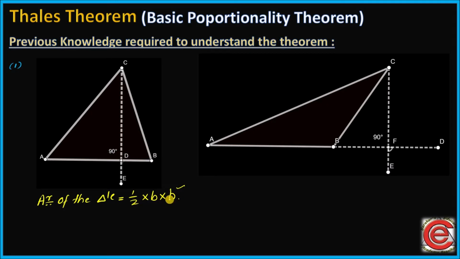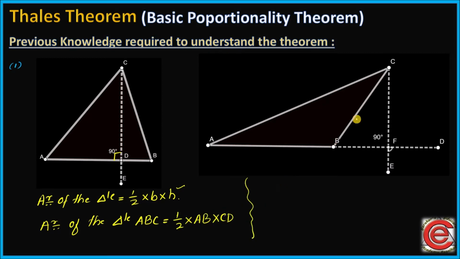I want to make one thing very clear here. If the given triangle is an acute angle triangle, it means all the angles present in the triangle are less than 90 degrees, then there is no problem at all, because we know that the perpendicular drawn to the base from the opposite vertex itself will be the height. Hence in the first figure CD is considered as the height, because CD is the perpendicular to the base AB. Hence for the first figure, area of the triangle ABC is simply half of base AB into height CD.